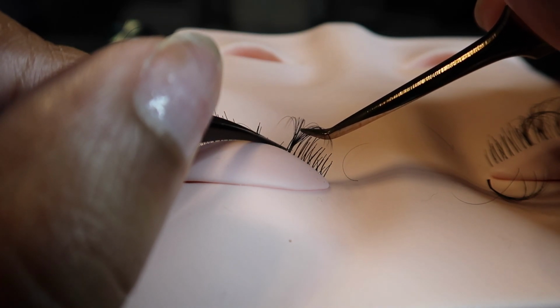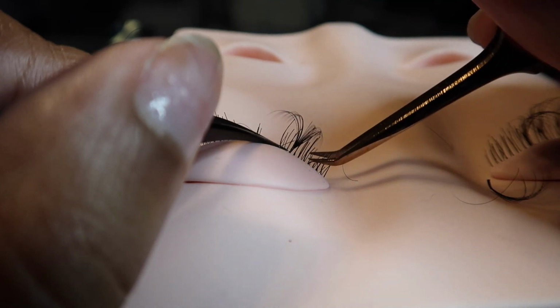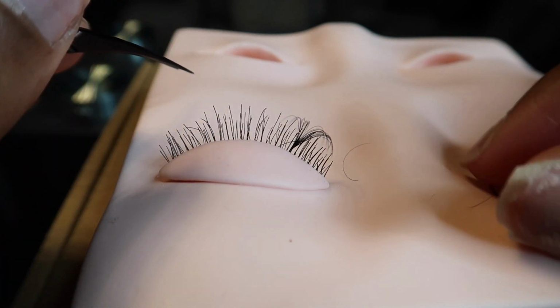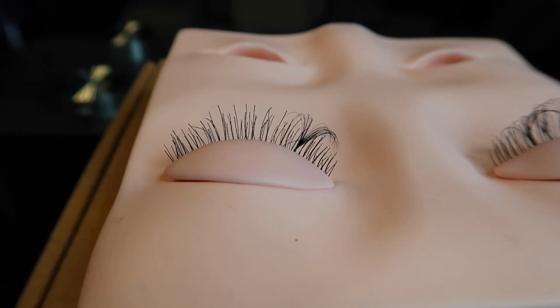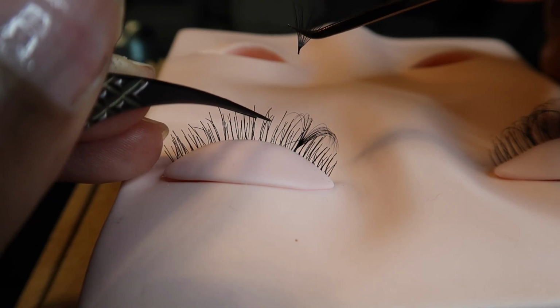So with the Evolution glue, as you guys can see, I can adjust it a little bit longer. I hope you guys saw that. It does give me way more time to adjust the glue. I want you guys to see how much time I have with the Evolution glue. I get way more time to adjust my mistakes and make sure my application is going well. So let's go ahead and check this out, you guys. So when I apply it,